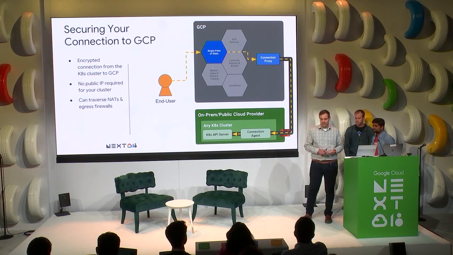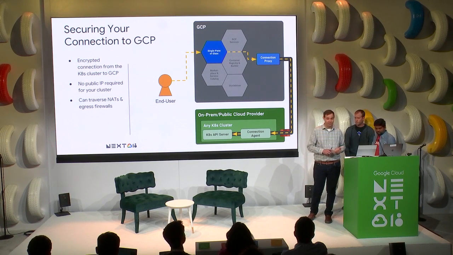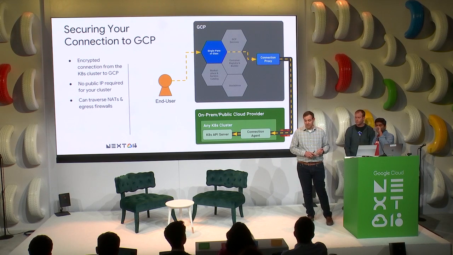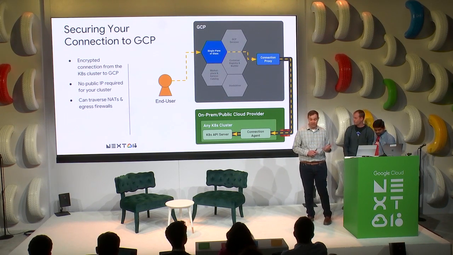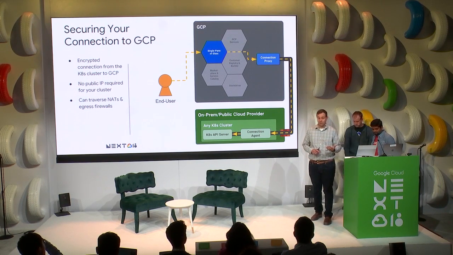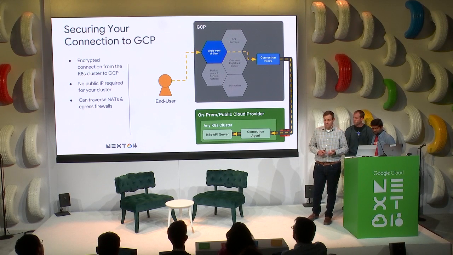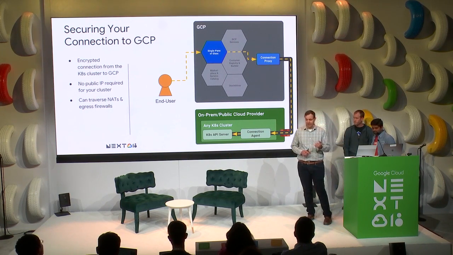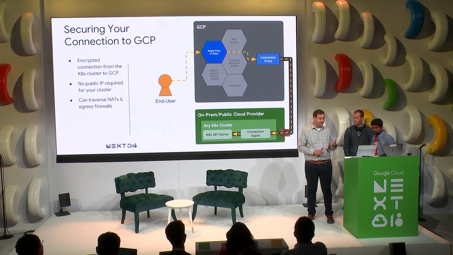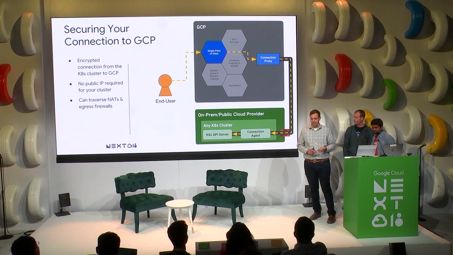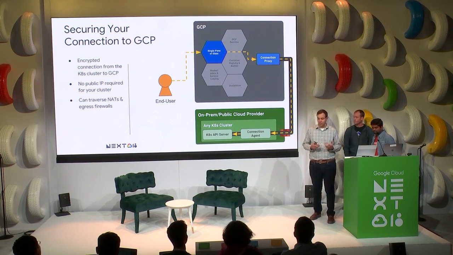The reason we did this is probably obvious, but if it's not, then I'll do a quick explanation here. So one is we don't really want people to have to expose their clusters to the public internet if they're running on-prem. And by having this agent reach out from their on-prem environment or your other cloud provider environment to Google Cloud, we can create an encrypted connection back to GCP, and it can traverse NATs and firewall rules, egress firewalls. We have proxy support, and we can create that long-lived connection